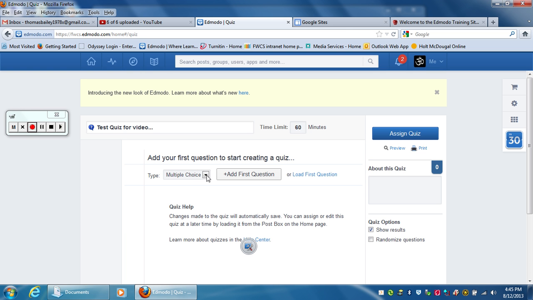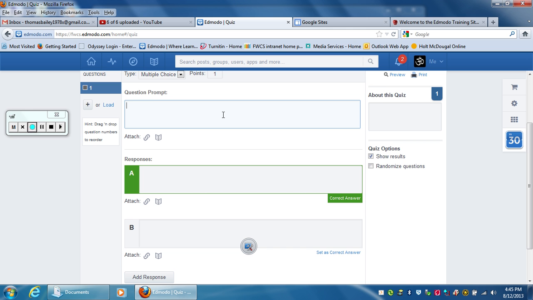So one of the options is to create a multiple choice question. So we're going to hit multiple choice, and we're going to hit add first question. And what will happen is, here's the question prompt. So what school does Mr. Bailey teach at? And then you can have some responses. You put North Side,